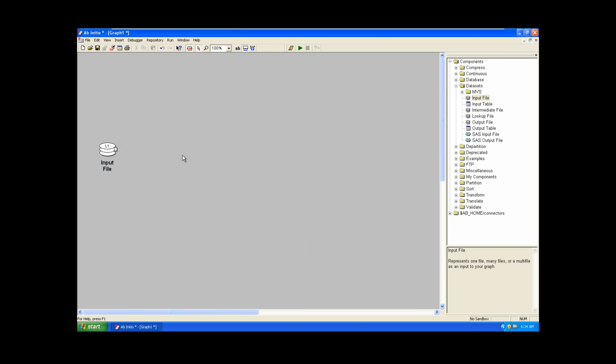I mean my file may not have arrived in my landing server, right? So before running the process here, I have to check the existence of the file in my operating system. If the file has arrived, then only I want to trigger this process, right? So to check the existence of the file in the operating system, you have to